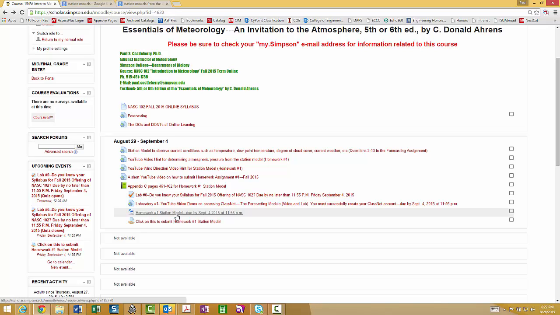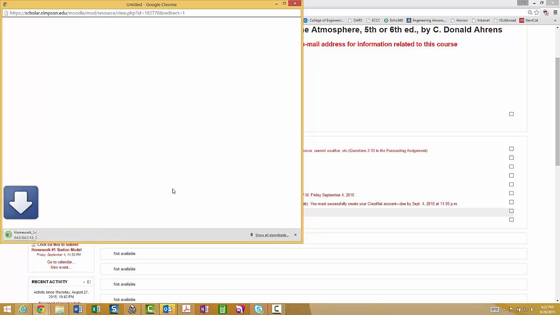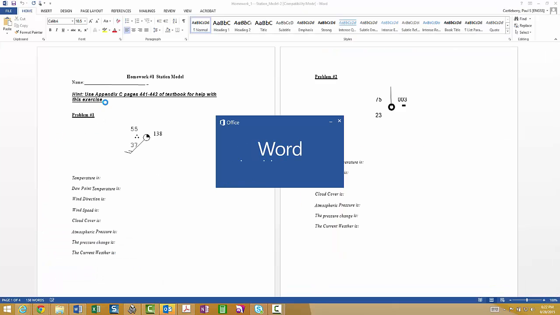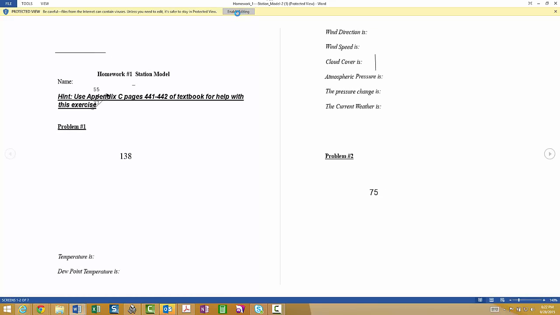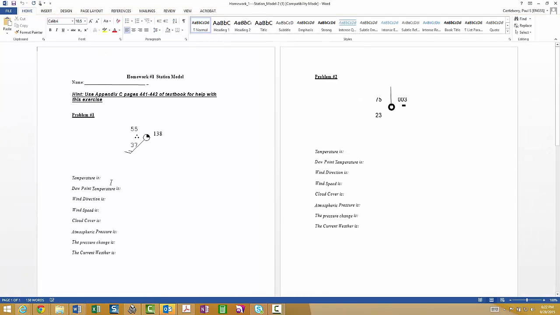Once you are done with homework number 1, you'll download it to your computer, and you'll fill in the temperature. I'll do the first one here for you. 55 degrees Fahrenheit. Okay, make sure you include your units.